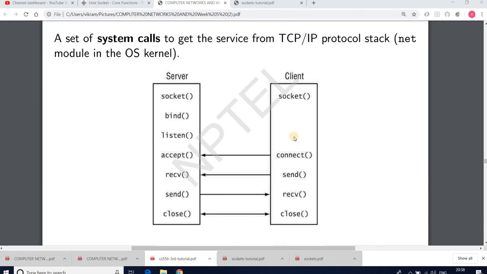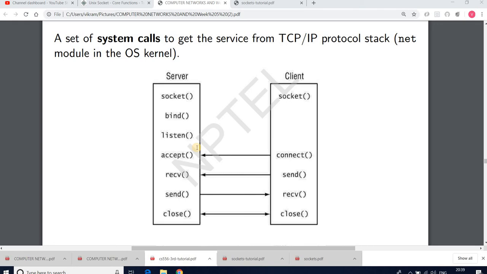At the transport layer, we are talking about client server programming. The server has opened a port and announced that it is listening on this particular port, and the client needs to make a connection to that particular port.